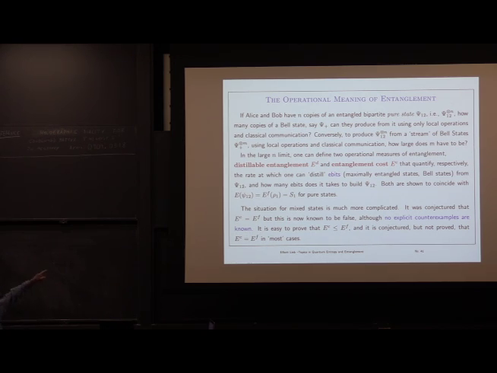Well, because it's a rate, because n is going to go to infinity. I want to take n copies and break them. If I just look at one copy, I've only got two variables. It's hard to figure out how many Bell states are in there. So that's why I take n copies and compare that with m copies of pure Bell states. And it's that comparison